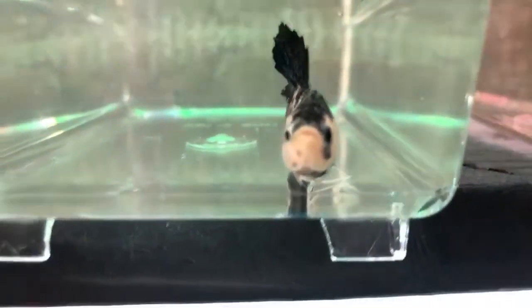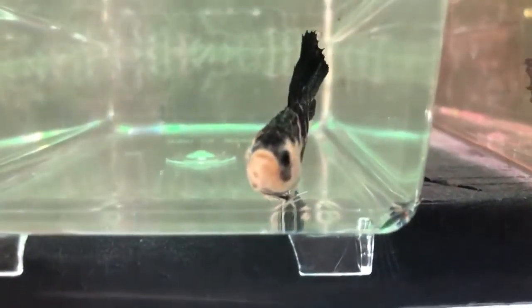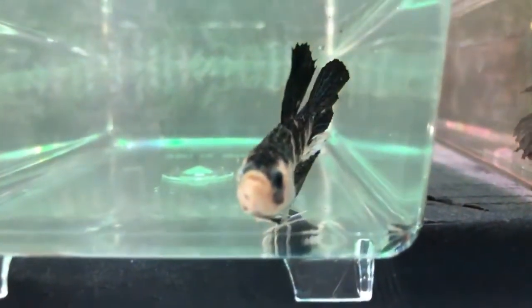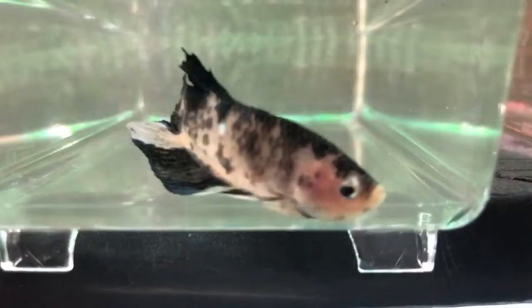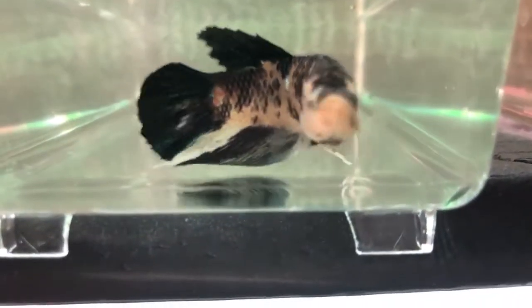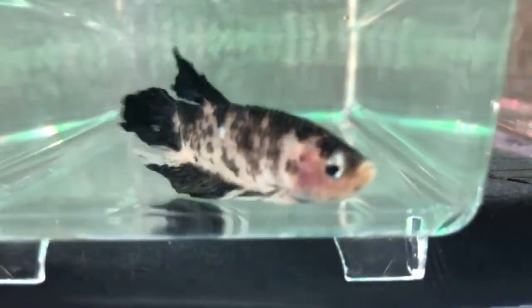Another thing that you can do in order to help your fish be comfortable is pre-dose the water with aquarium salt, and that'll help the fish build back his slime coat and protect him from any bacteria that might decide to try and get into him. The bacteria is opportunistic, and they will wait for the fish to